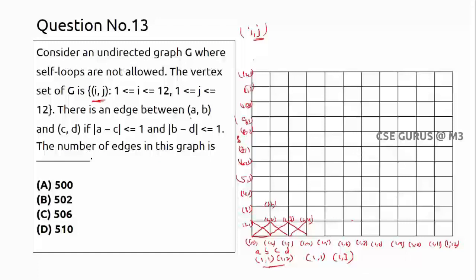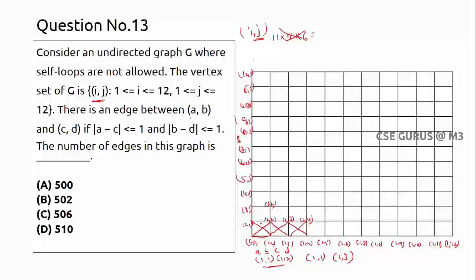Okay, but be careful while you are finding the number of edges. It's not simple. You may think, okay, each cell I'll count, and totally 12 vertices, so I'll find 11 boxes, right? 1 2 3 4 5 6. So you'll find only 11 boxes, not 12. Horizontally and vertically you may think of 11 into 11, and each will have 6. So like this it will be a wrong answer, right? You have to be careful.